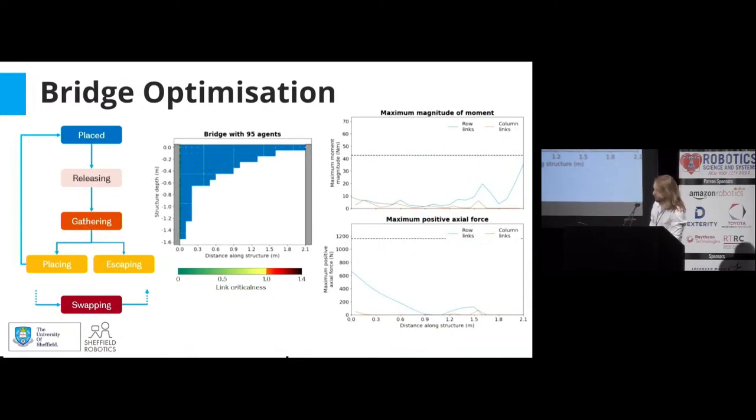There's only time for a really quick overview here. Basically, agents switch between a few modes. They start off as placed, and they become active in the releasing mode based on how much force is in their links. At this point, they move underneath the structure and gather data as they go, and eventually, if they believe the structure is stable, they will leave it. But if they believe the structure is unstable, they'll try to place somewhere depending on the force information they've gathered. So they try to place somewhere probabilistically near an area of high force.